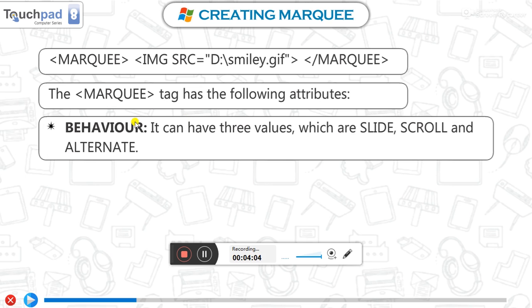Behavior attribute can have three values: slide, scroll and alternate.